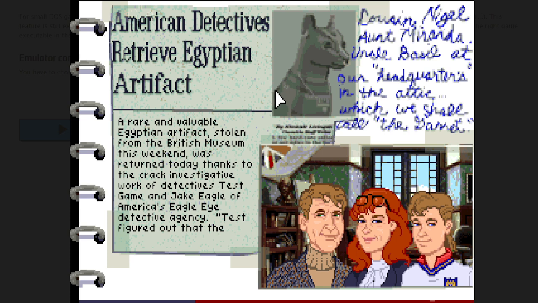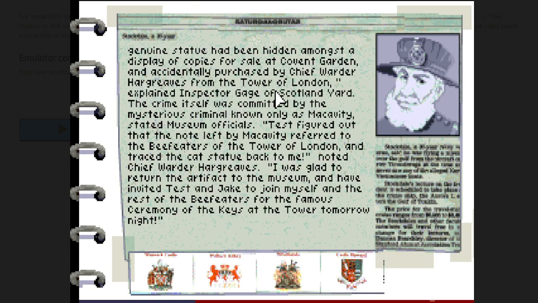It's like the video screens with the places that you were doing. Yeah. American detectives retrieve Egyptian artifact. A rare and valuable Egyptian artifact stolen from the British Museum this weekend was returned today thanks to the crack investigative work of detectives Test Game and Jake Eagle of America's Eagle Eye Detective Agency. Test figured out that a genuine statue had been hidden amongst a display of copies for sale at Covent Garden and accidentally purchased by Warder Hargreaves from the Tower of London, explained Inspector Gage of Scotland Yard.